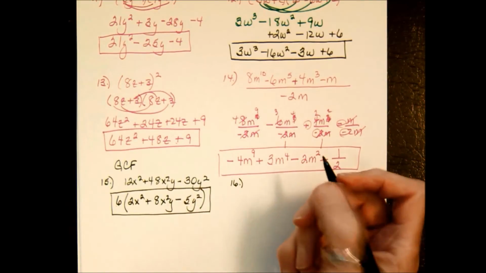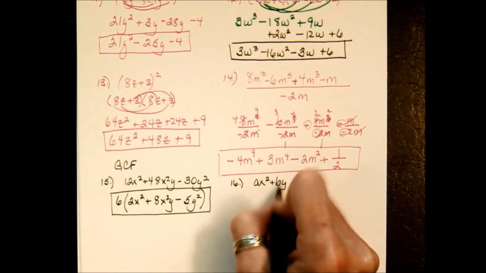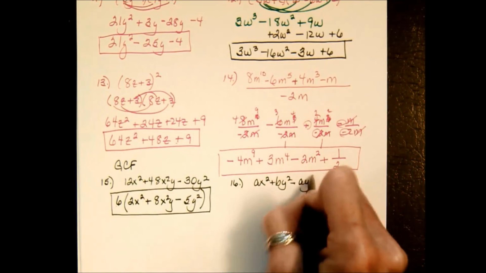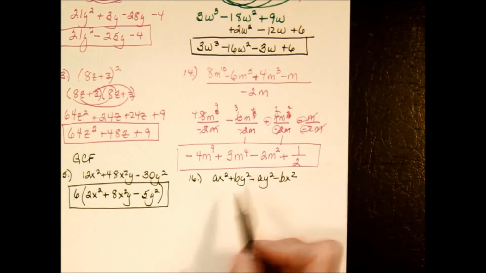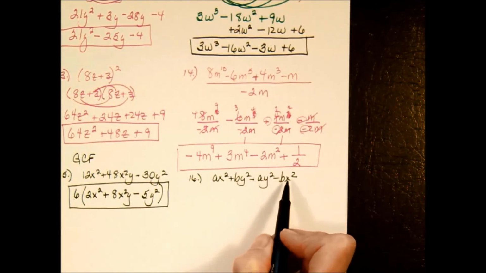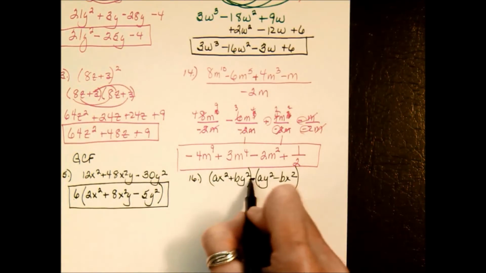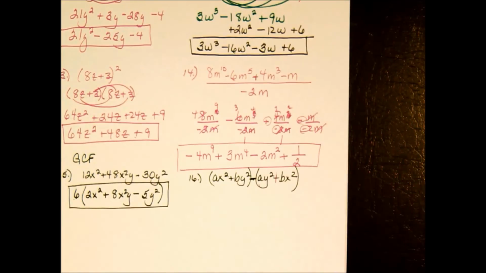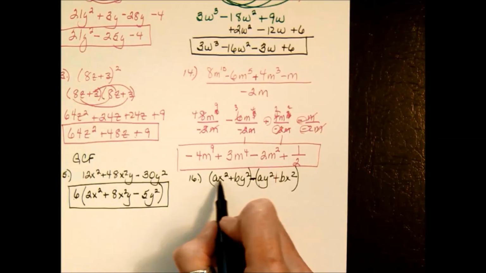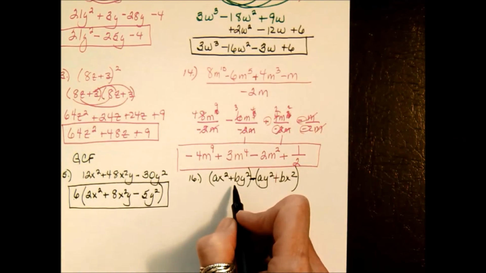Number 16, we have ax squared plus by squared minus ay squared minus bx squared. And the clue here is that we have 1, 2, 3, 4 terms. So that tells us to group. There is a negative in between. We make the correction when factoring just on that last term. You change its sign. The GCF of the first binomial, if you look at it, ax squared plus by squared,